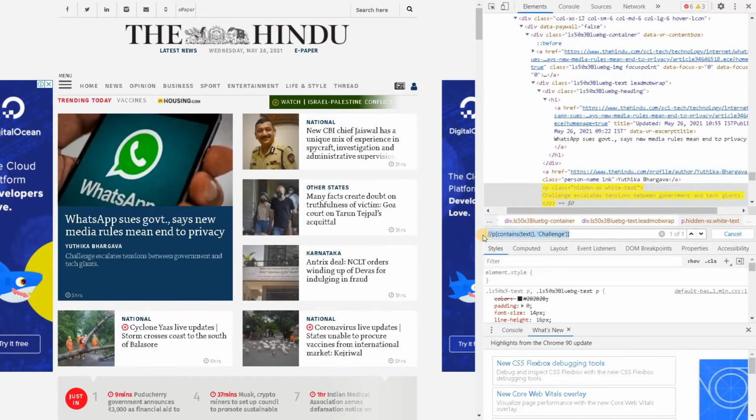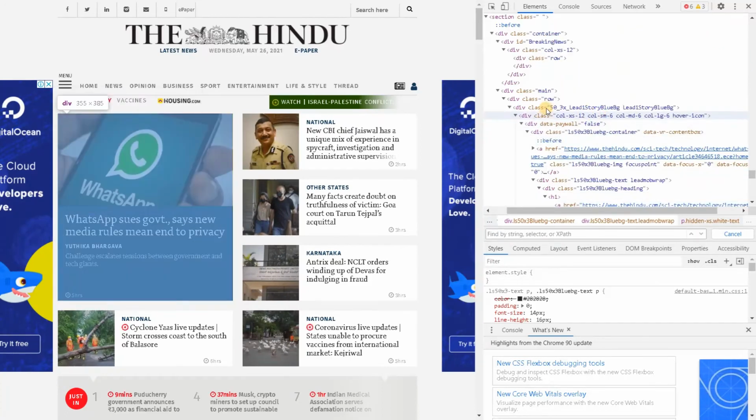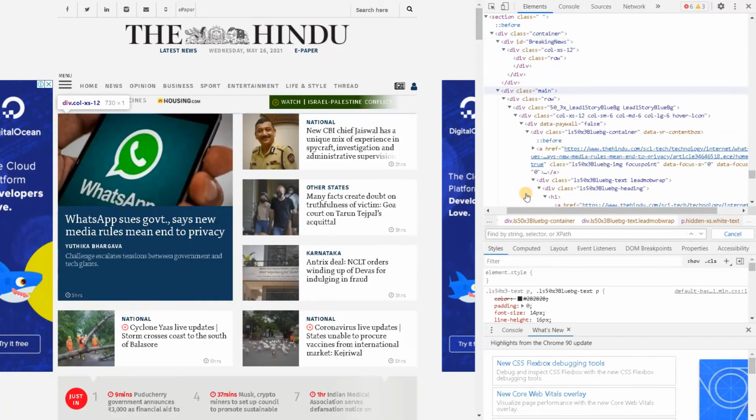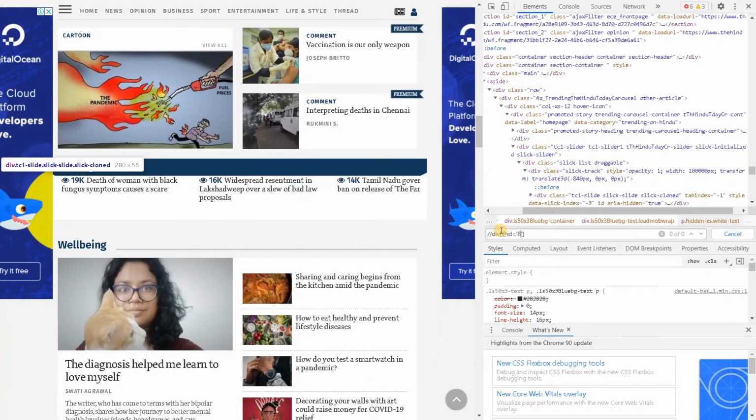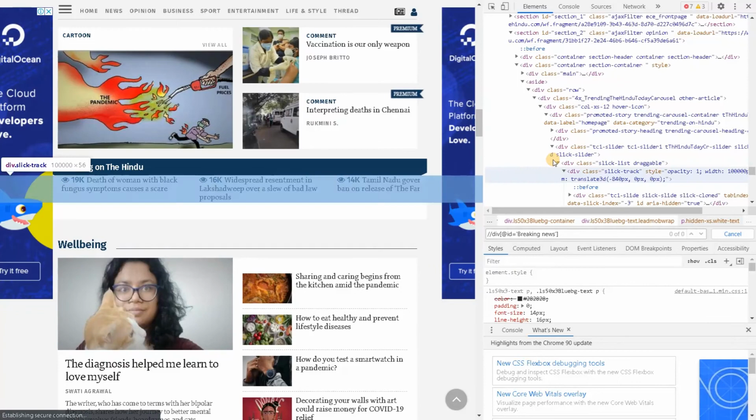So apart from this, as I already mentioned, we can also use this element. So for that, div at id equals breaking news.